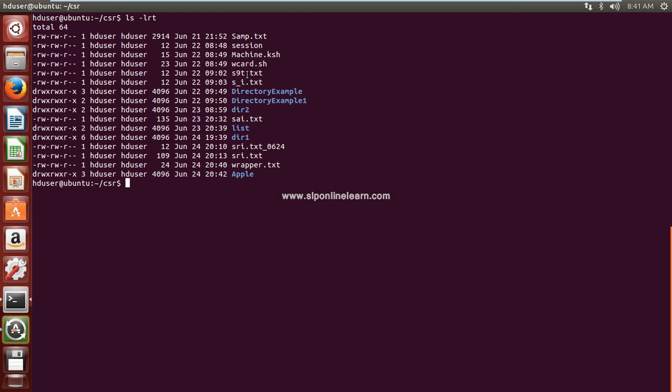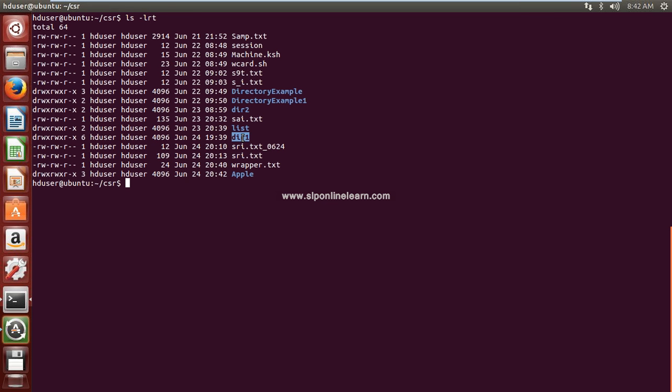Okay. Now I want to move this file from the CSR directory to this dir1 directory. Okay. If you create a copy, that file will exist in the source area as well as in the target area. But if you move the file, it will be moved from the source to the destination. Similar to the copy command, this command requires two parameters.